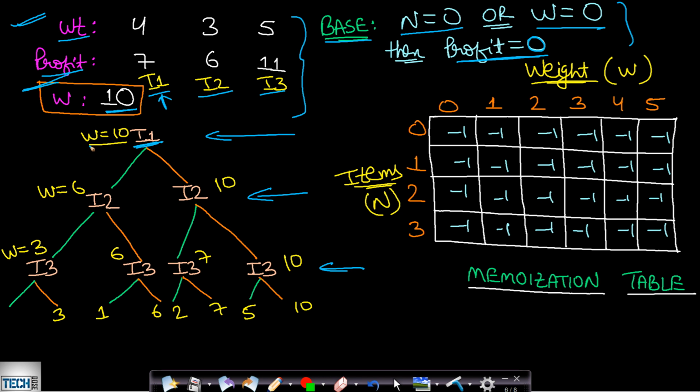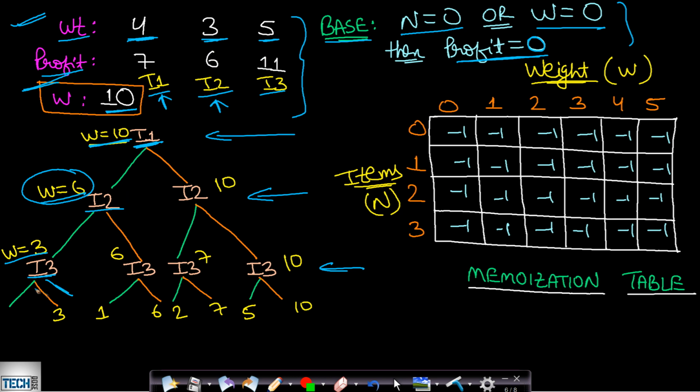So if you have initial capacity as weight equals to 10 and your item 1 is included, which is having weight equals to 4, then when you reach this item 2, you will be having capacity equals to 6 because item 1 having weight 4 was included. Okay, and now at item 2 you have two options, and let's say you select this item 2, then weight 3 will be added into your bag, and so the capacity will reduce. So capacity will be 3 now, and when you are at item 3 you have capacity 3 and the weight of item 3 is 5. So you have just one option, you have to exclude this item 3. Okay, you cannot include it.